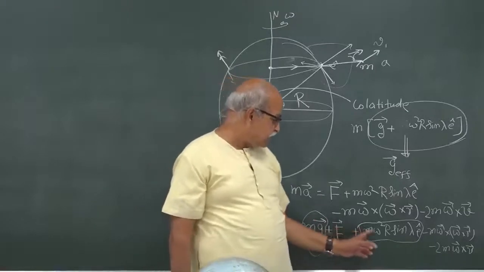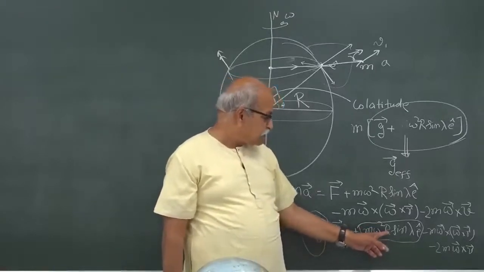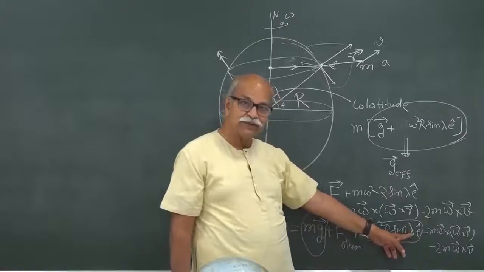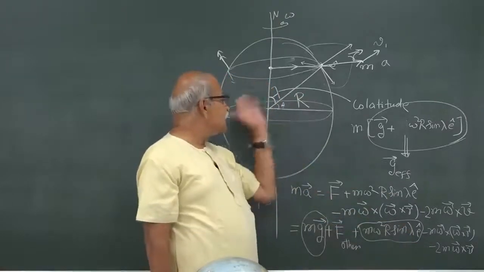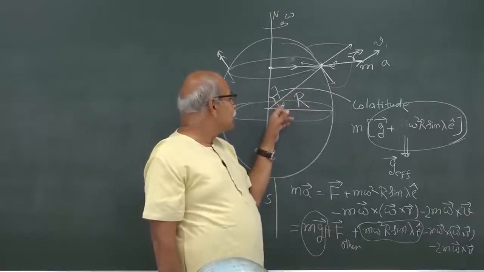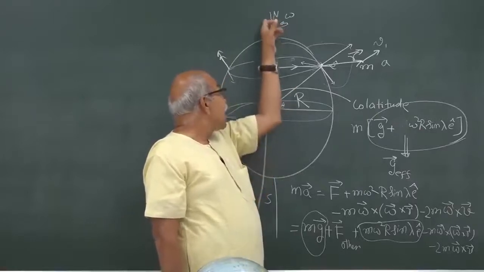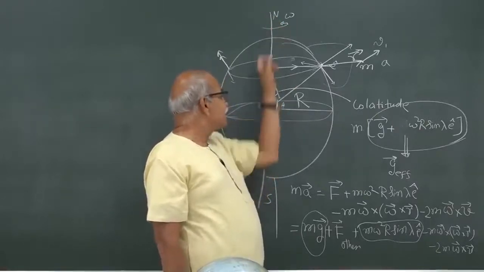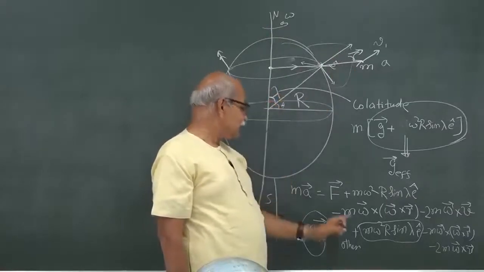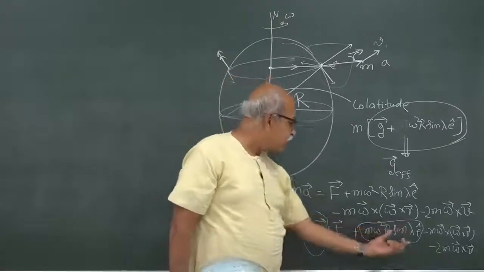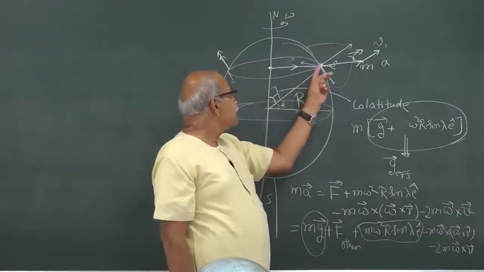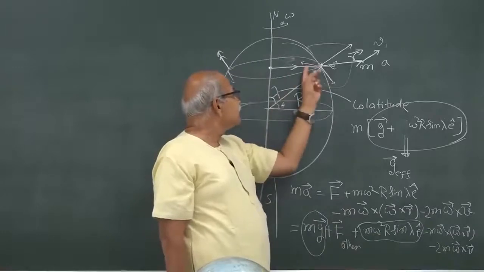And then you have this m omega square capital R, radius of the earth, sin lambda. Lambda is the co-latitude. So, from the equator, how much above we are, that angle is known as latitude, and 90 degrees minus that, meaning the angle between this rotation axis and this vertical, is lambda, known as co-latitude. So, that lambda is here, and the direction of this term is towards the outward radial direction of this circle like this.